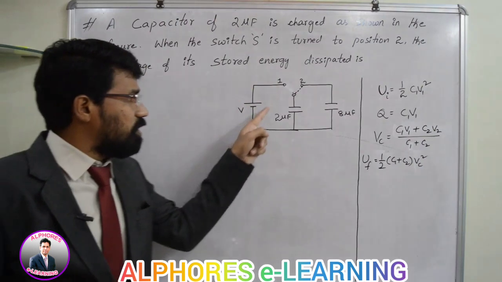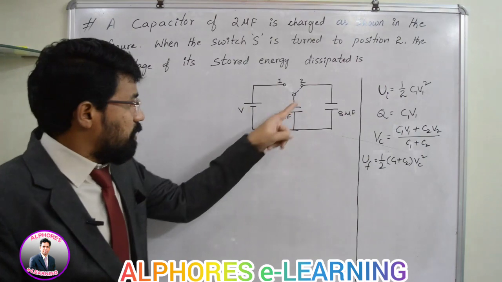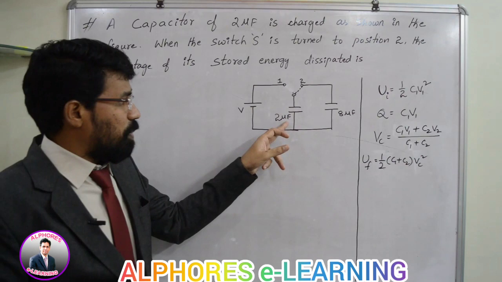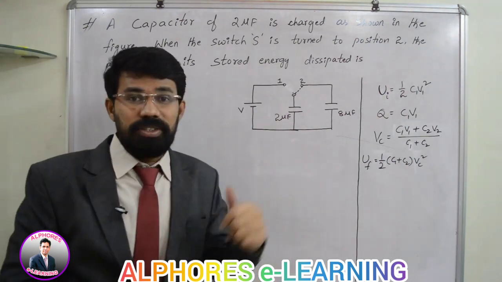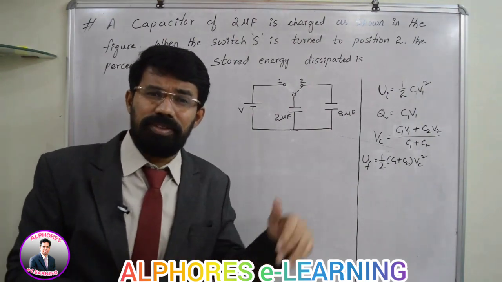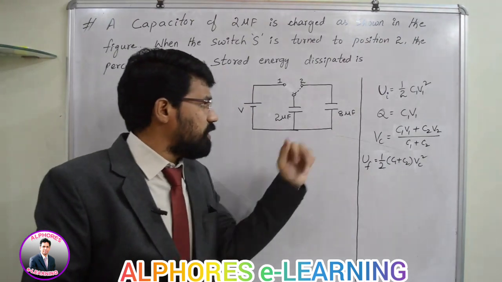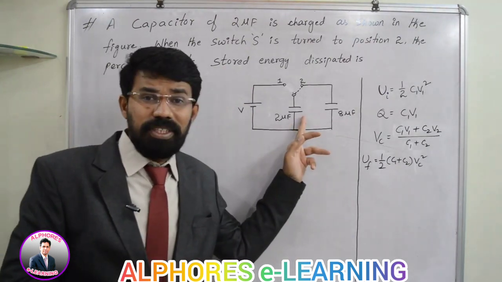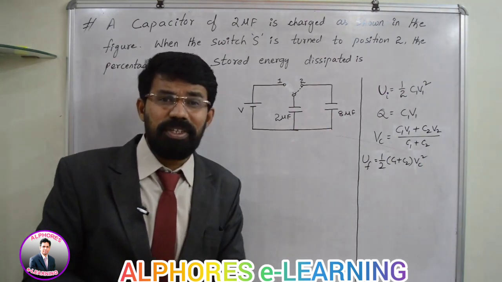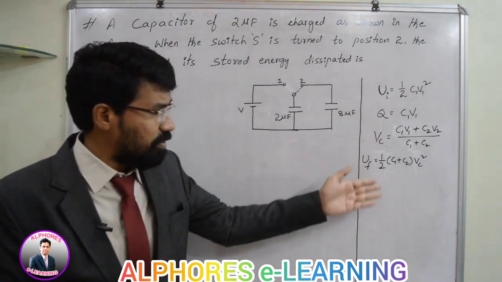Now the battery is not there in the circuit. It is not a part of the circuit. It was disconnected from the circuit. Now these two capacitors will form a circuit, and this capacitor, which is fully charged, undergoes discharge. This other capacitor was not charged. Its capacitance is given. It was not said that it is already charged and having some charge. So this is not charged at all, and this is completely charged, and this charged capacitor is brought in contact with this one. This resembles the common potential concept, isn't it? Where dissipation of energy can be discussed. This is the data connected with this common potential.